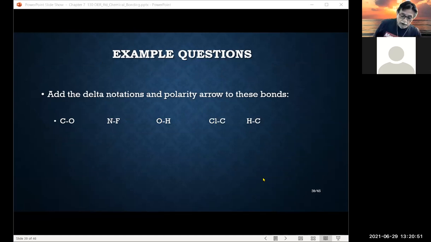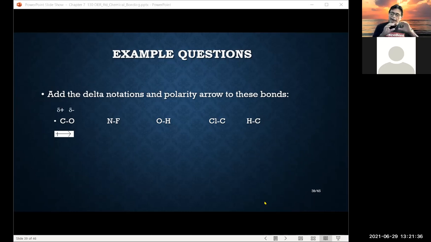So if you're given a bond of 2 different elements, the first thing you notice is, okay, carbon, oxygen, 2 different elements, polar bond. Question now, which direction? From carbon to oxygen, or oxygen to carbon? We find this position relative to fluorine and see that oxygen is a lot more electronegative. Therefore, the arrow goes from left to right, from carbon to oxygen,